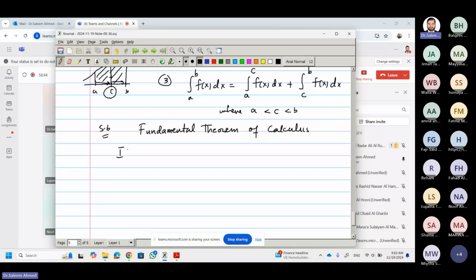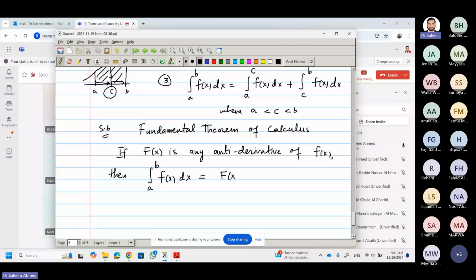It says that if capital F(x) is any antiderivative of small f(x), meaning the integral of small f(x), then the integral from a to b of small f(x) dx,